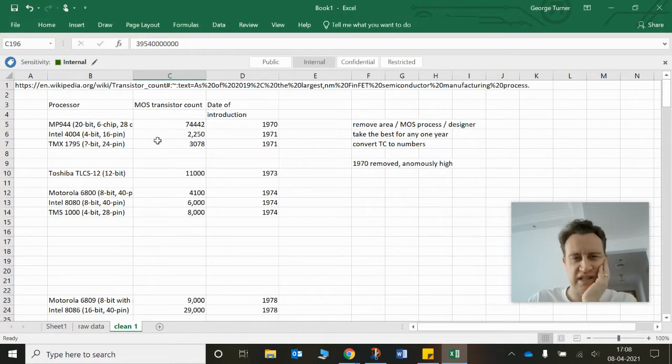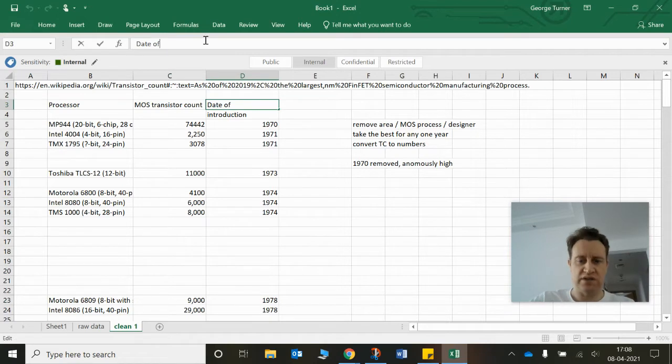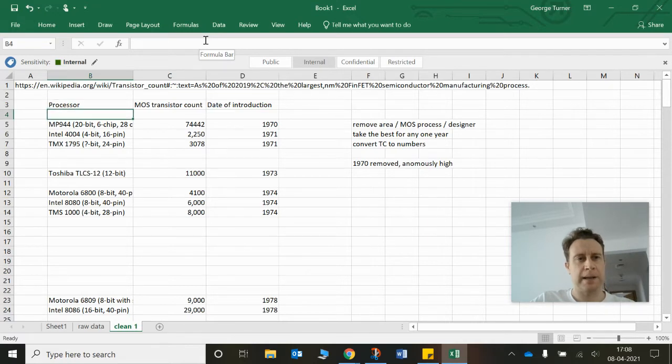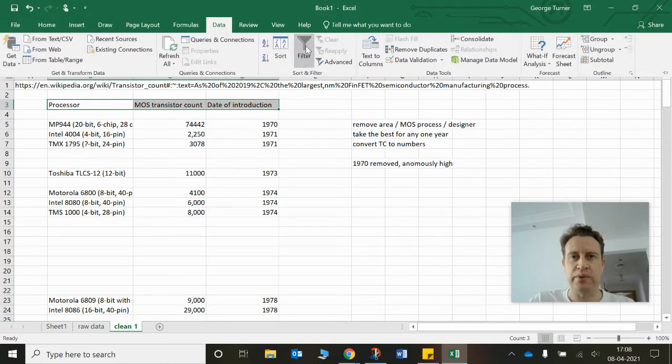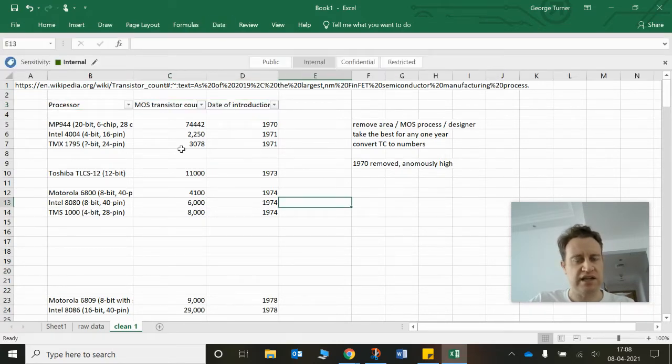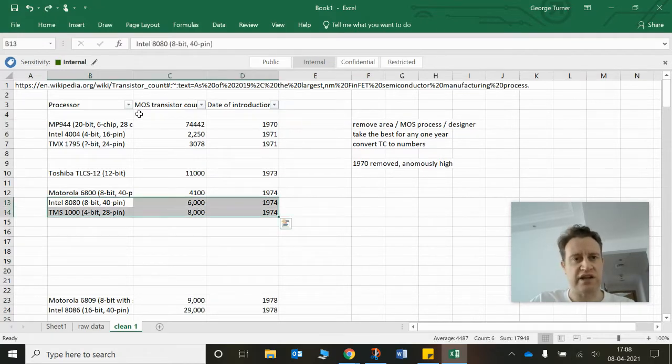Now we've got this data here. Now I'm going to need to get everything together here, so let's put this just on the same line. Introduction. Okay, let's get rid of that. And then let's see if I can go to data and put in a filter for this. Let's go earliest to latest. Let's see if it recognizes the table. Sort A to Z? No, it doesn't recognize the table. Okay, then to recognize the table,